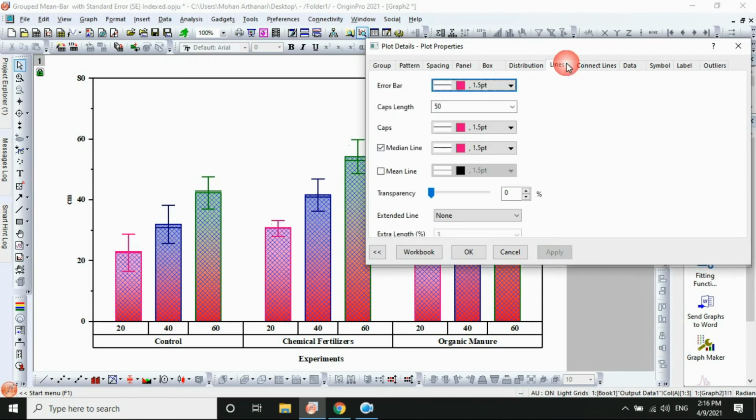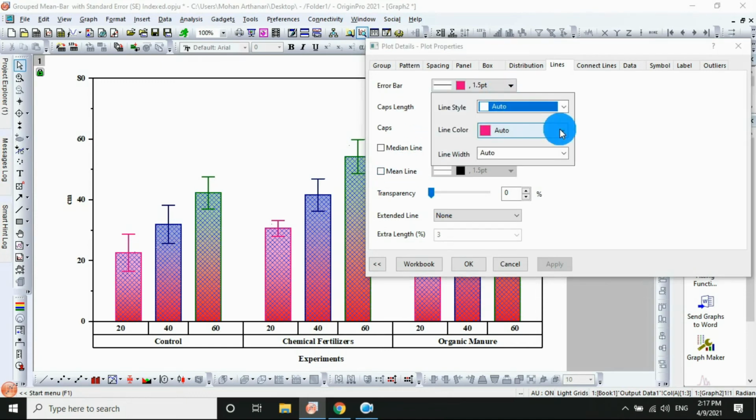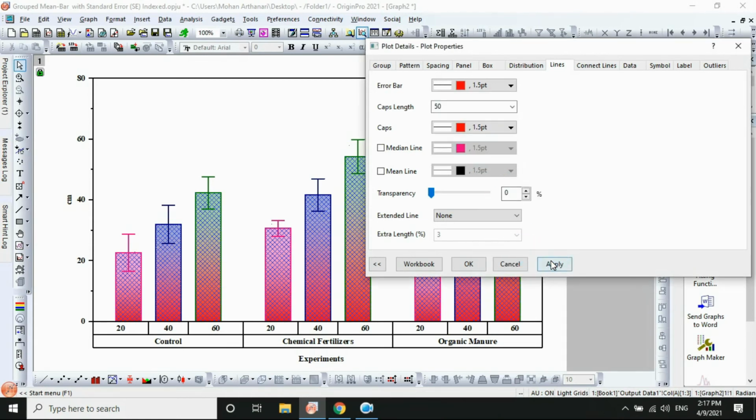The next one, the line, the error bar line. Increase the medium line, the mean line, if you like the center part of this graph. If you do not like it, then click the medium line, then apply this non-view for the medium line, the error bar line 1.5. If you like any color changes, select the auto color. If you like the red color, change the red color, very attractive.